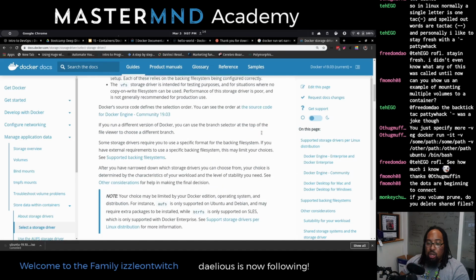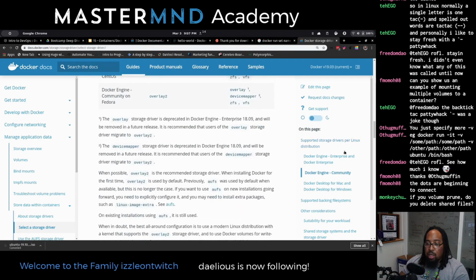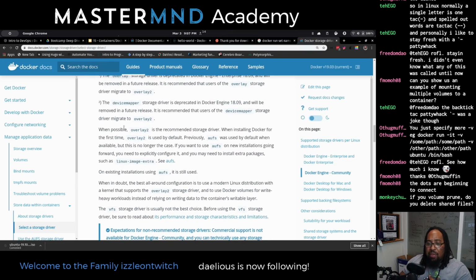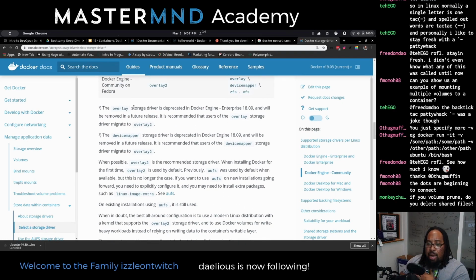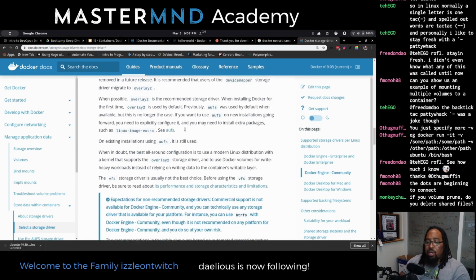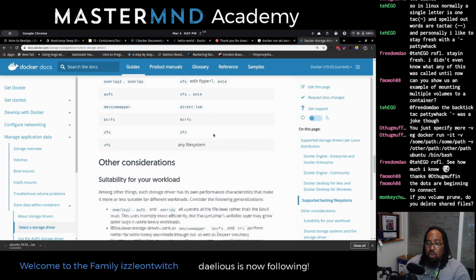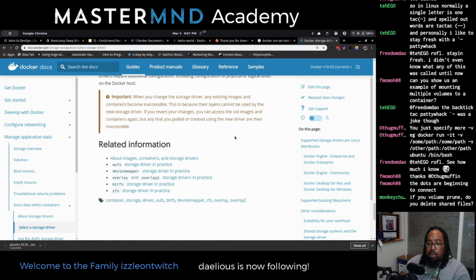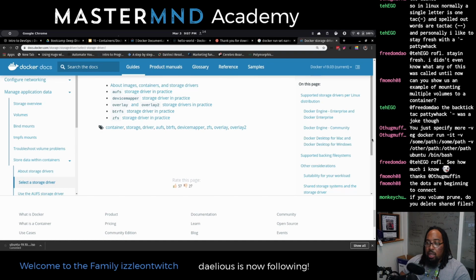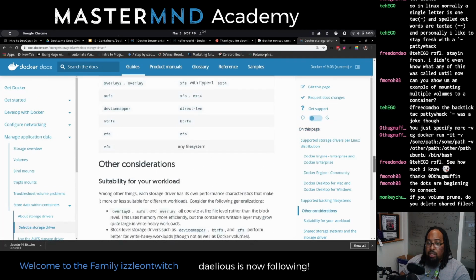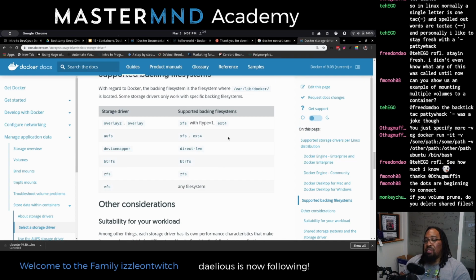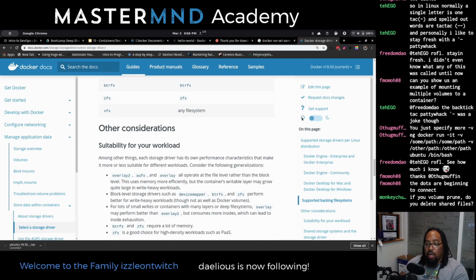These are just the drivers themselves. I remember having lots of issues with device mapper, and it's gone. That's good. There were a lot of issues with non-cleanup on device mapper stuff. These are options that we have. I want to see what else is on here. Yes, so these are options you have. We're not going to dive into these right now because you need to know a little bit more about storage, which I don't think is important right now.